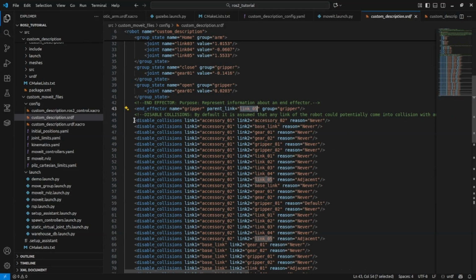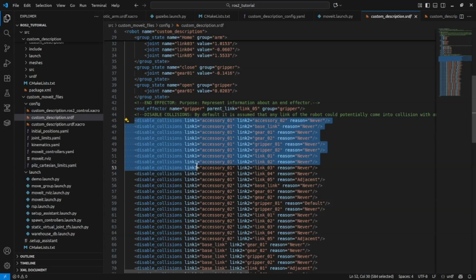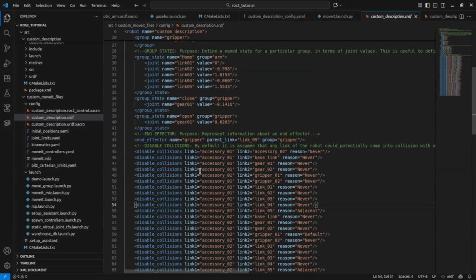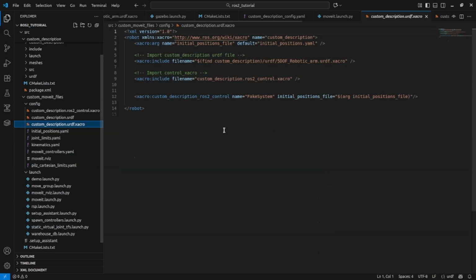Okay, so it does a very good job in picking up those links which are not required to calculate the collision between each link, right? So it does that pretty well. Okay, so we have that, and we can go inside the custom description.urdf.xacro file over here,